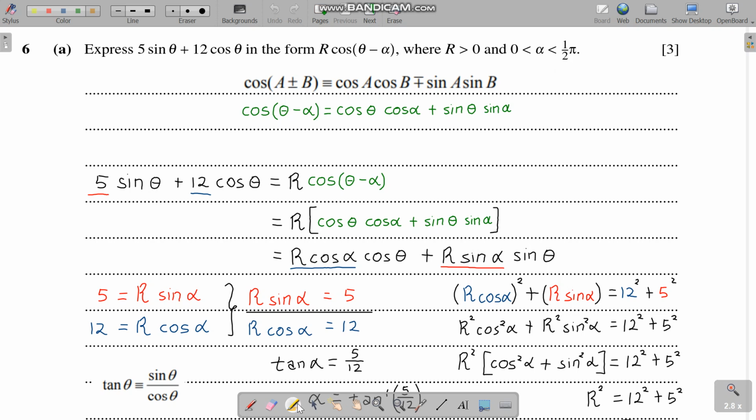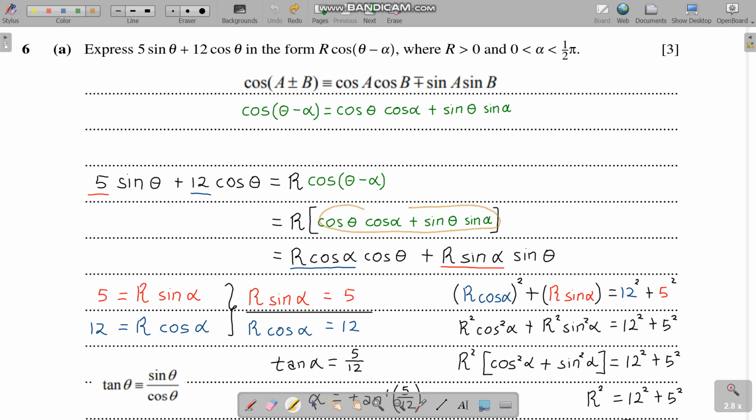So first of all, because of cos theta minus alpha, we're going to need the MF19 compound angle formula for cos. Since we have minus here, we use the minus: cos theta minus alpha equals cos cos plus sine sine. So now we apply the formula. We have 5 sine theta plus 12 cos theta equals r cos theta minus alpha, and using this MF19 formula,